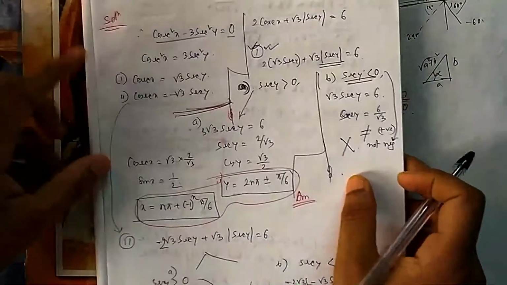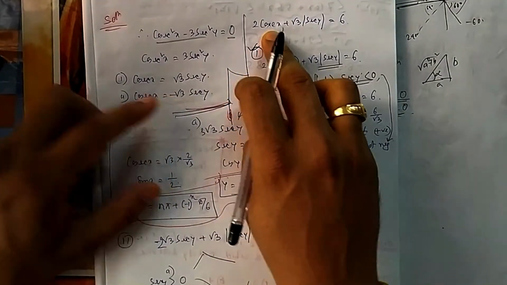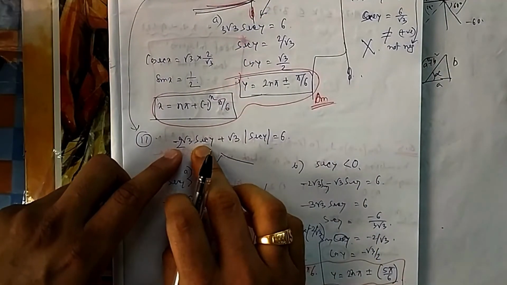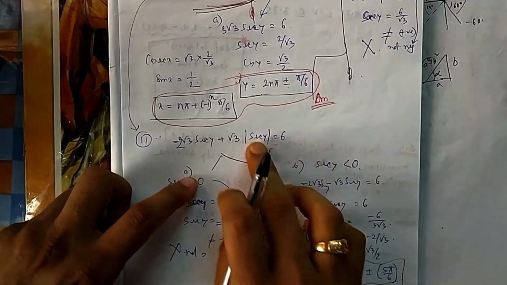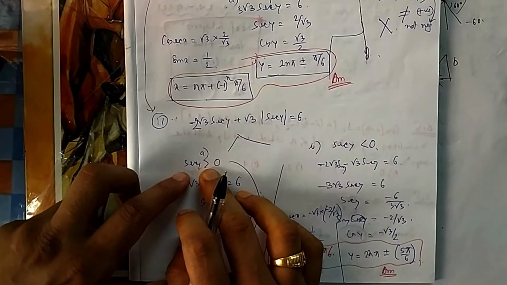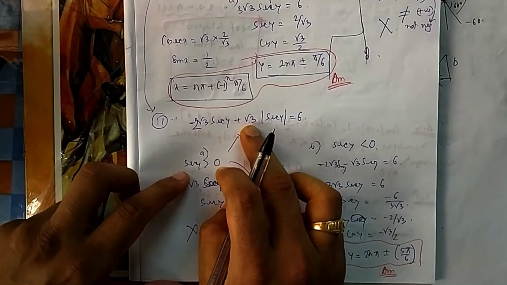Now whatever the case left, I should put cosec x equal to minus root 3 sec y. That I have not put. So that I have put in here 2. So it will be minus 2 root 3 sec y plus. So again I will have two cases. One sec y is greater than 0, sec y is less than 0. So let me come to sec y is greater than 0. If it is greater than 0, then it will be minus 2 root 3 plus root 3, that is minus